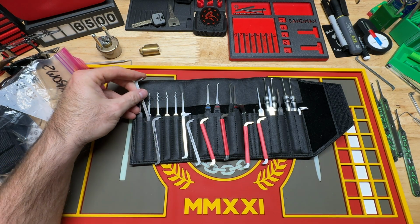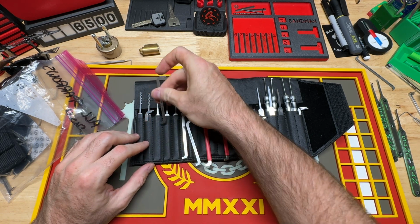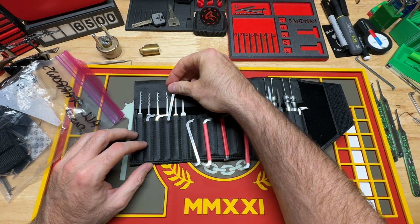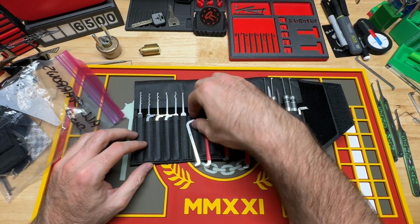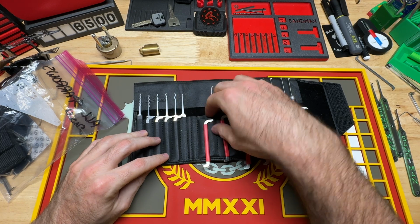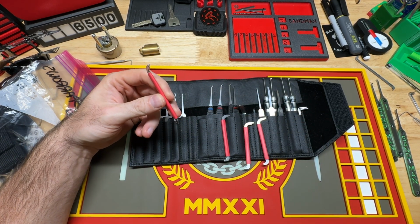And I hope that maybe this is something I can move forward with Multipick in a future Sandman Essential Lockpick kit. I can't find a lock that these don't fit in. I remember I first tried this by taking two pry bars, putting them together to pick my Medeco Classic lock